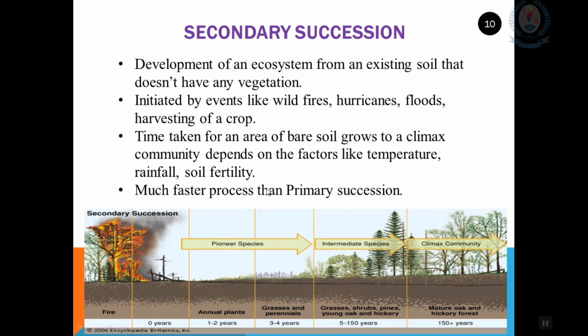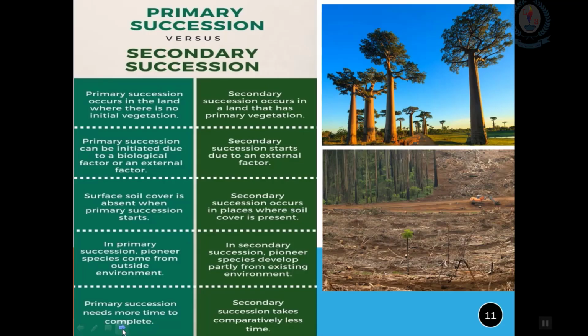When it comes to secondary succession, it's much faster because the soil is still there. So the number of plants and animals present right at the beginning of the secondary succession stage is also comparatively higher. As you can see in the given illustration here, after a few years after a wildfire, the secondary succession process will re-establish the ecosystem. So we'll move on to the next slide.